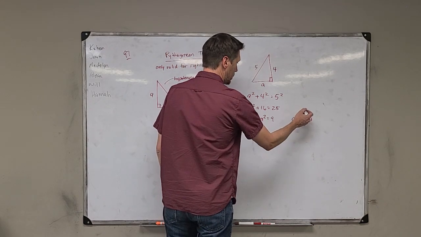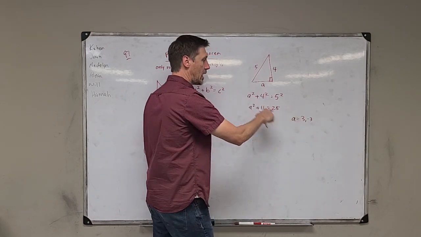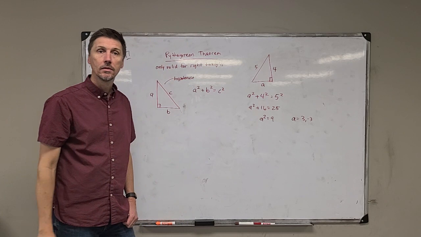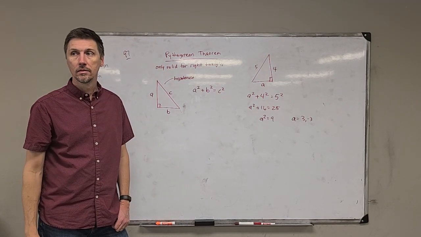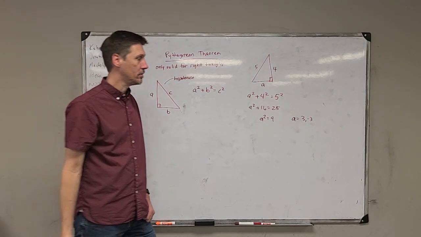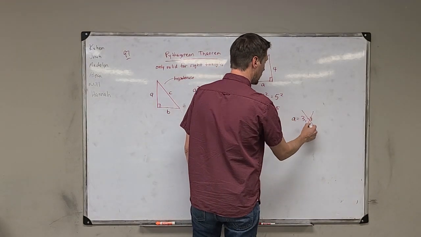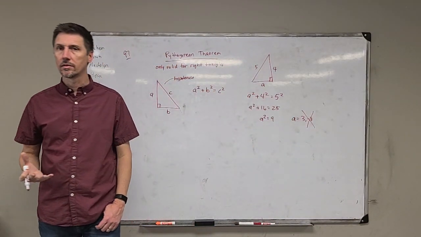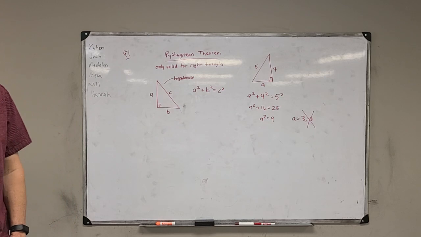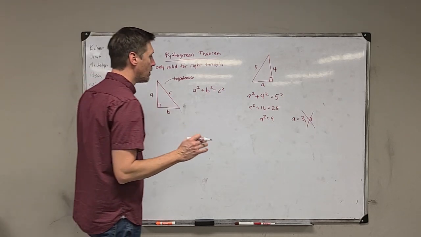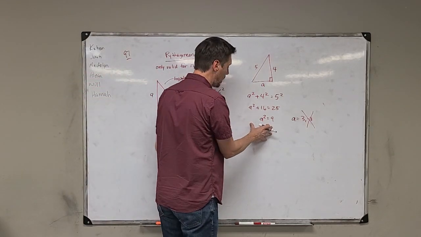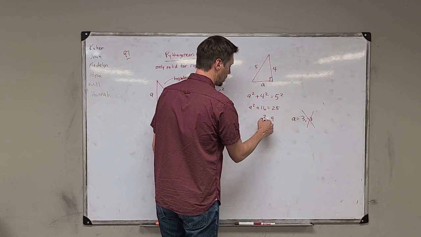But the point is, can the length of this side be negative 3? Can we have a length that's a negative value? No. When you're dealing with physical shapes, physical distances, you always throw out the negative value. So really the way that I would encourage you to think about this is that to solve for a